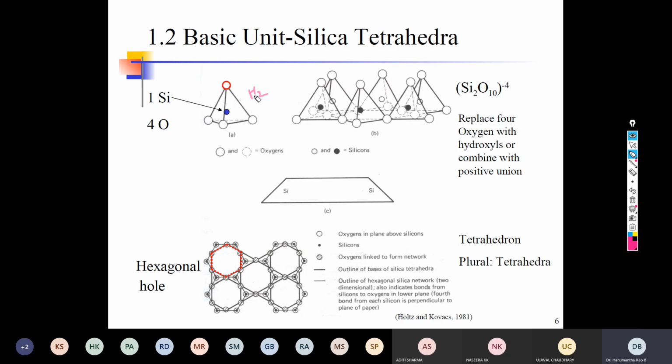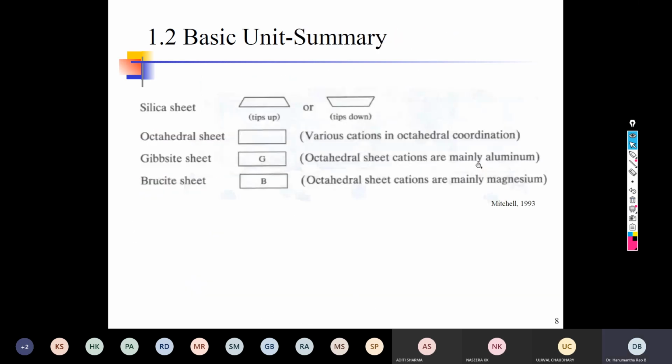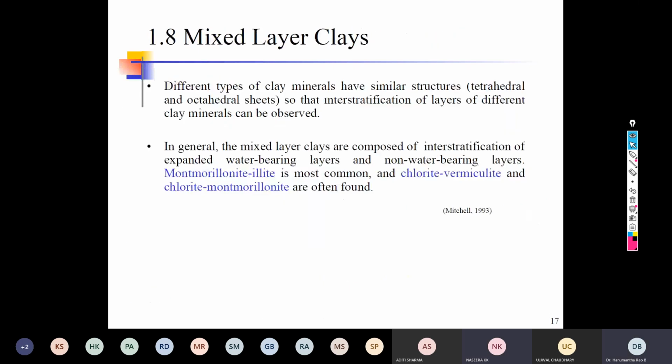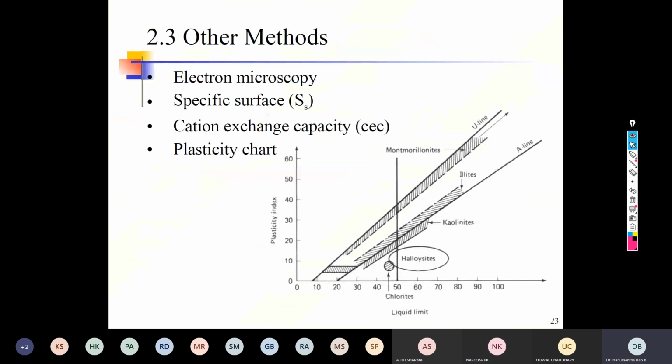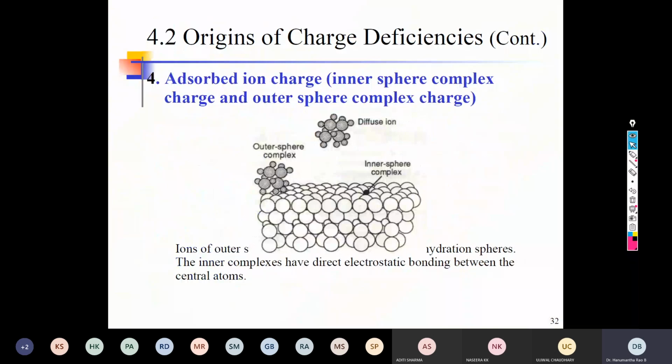So now let us try to understand. At this point of time, everyone, it is clear how the sand particle is holding less amount of water and by what mechanism it is holding the water. All right or no? Yes, sir. Okay, very good. So now let us go to the clay particle.